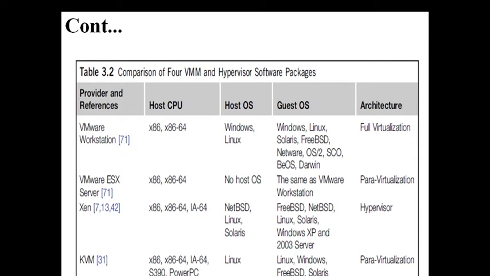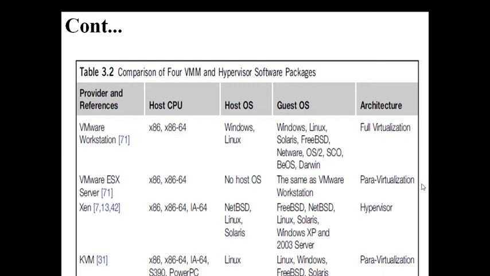So which VMM do we have to use? We have three types here: full virtualization, para virtualization, and hypervisor. Full virtualization means a VMM can get total command over our resources. It doesn't listen to any instructions from our OS. It will take care of our resources. It can use them, and it can also misuse them. That is called full virtualization. It may be wasting our resources unnecessarily, or changing our data.